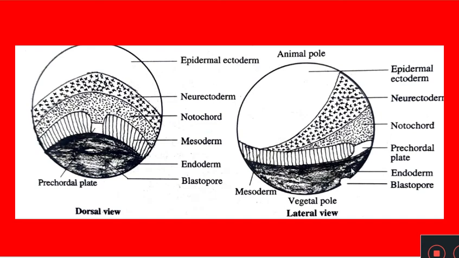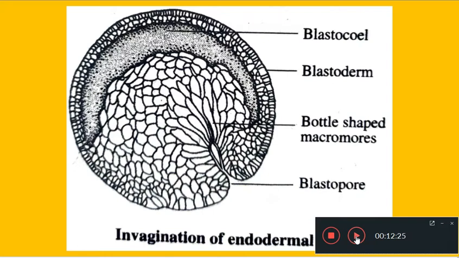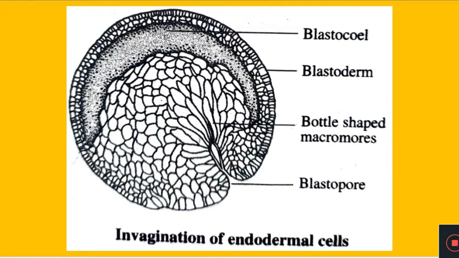it is this region which represents the endoderm. This region represents the ventral side, that is, the vegetal pole represents the endoderm. So, we will go to the process first, that is